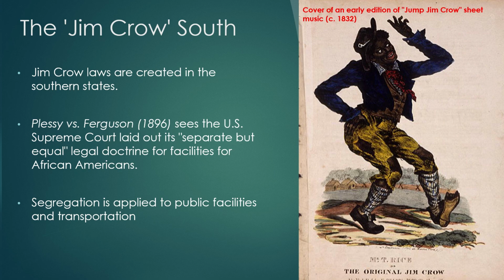And so this Plessy v. Ferguson court ruling declared that segregation could be separate but equal. And the legal doctrine meant that facilities for African Americans could indeed be separate. This meant your public facilities such as transportation could be separate. Blacks had to sit at the back of the bus rather than the front. They also had different restrooms. They had different schools. They had different facilities, different places of work. They could not integrate. They could not be together. The law was forcefully segregating them from one another.